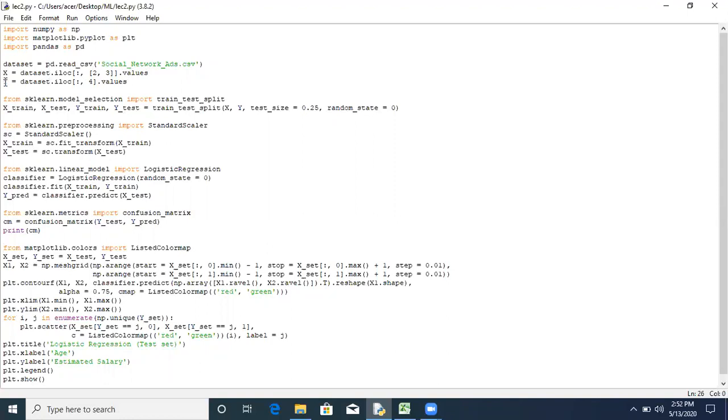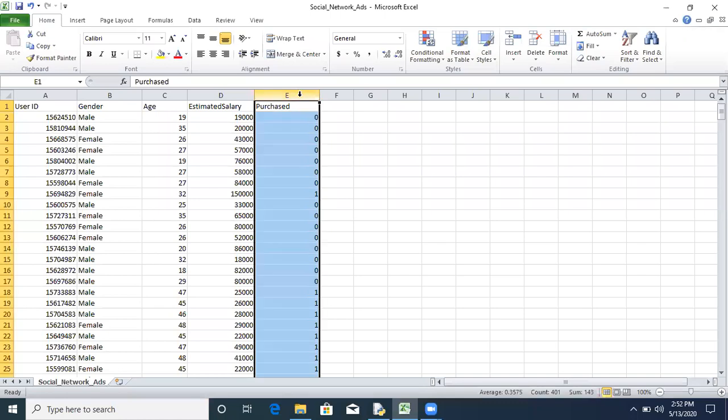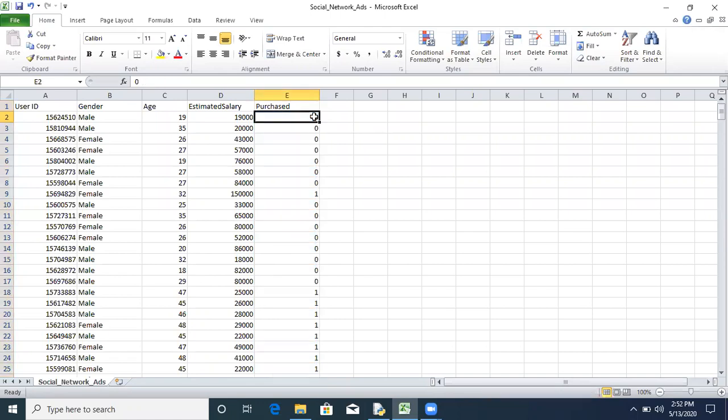The output is stored in Y, and it is stored in column number 4, which is purchased. Now if you look at this column, there are only two possibilities, either 0 or 1. That means the item is purchased or not. If it is not purchased, it will have the value 0. If it is purchased, then it will have value 1. So again, it is a true false type of categorization.